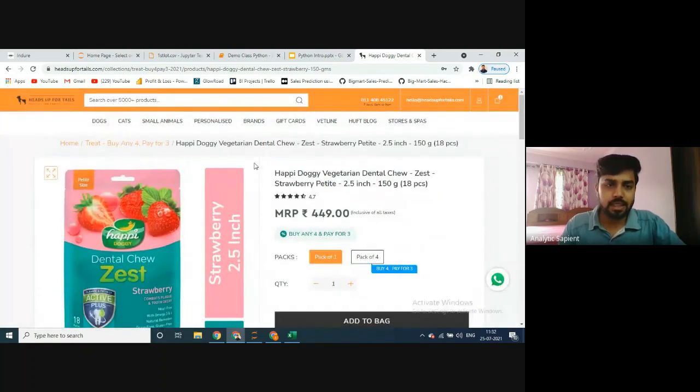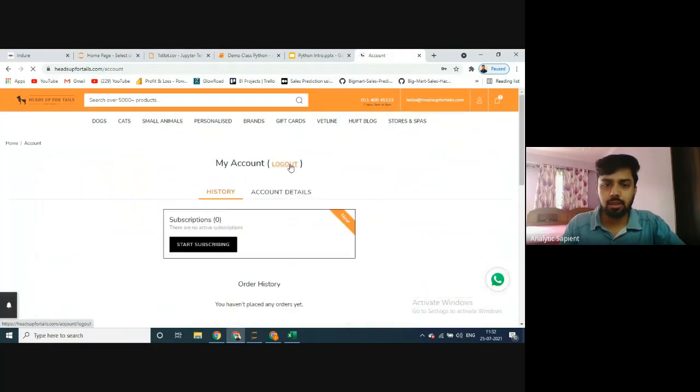Now, the same set of steps that we have taken here, can we automate that? Yeah, for sure we can automate that, but it will need a little bit of coding. So I'll show you how this code works and how we can code to do all the different steps that we have done. So again, I'm going to repeat the different steps that I've taken. First, let me log out.